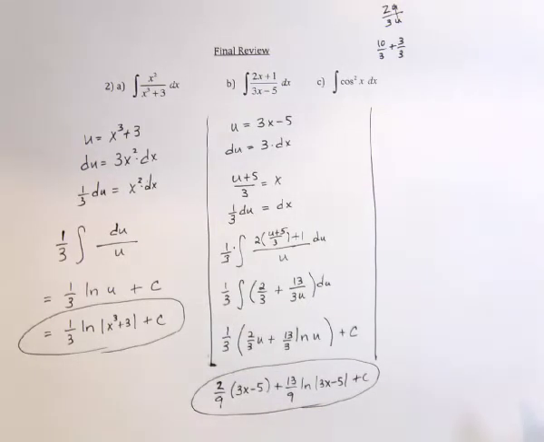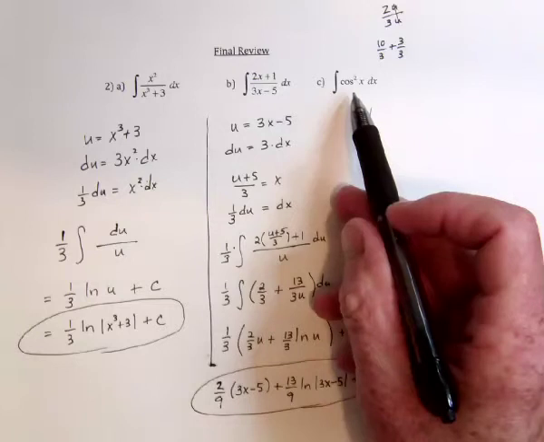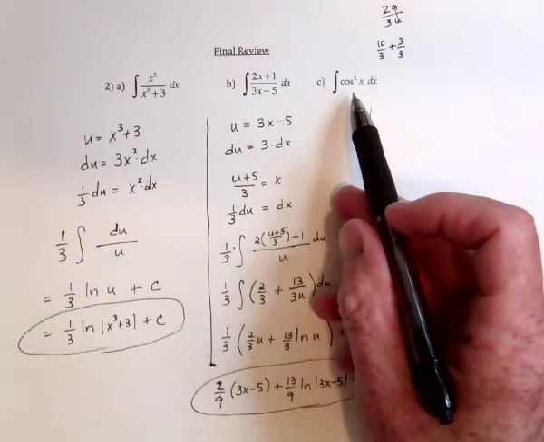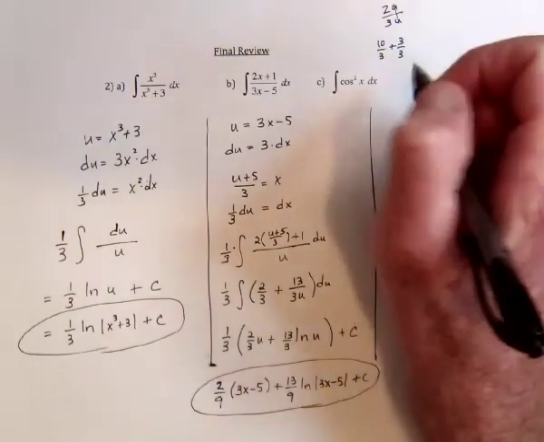And finally, on to integrating cosine squared. There's no direct trig function whose derivative is cosine squared, not like the derivative of tangent is secant squared, so we can't get away with something as easy as that. If you use a u substitution, u is going to equal the cosine, the derivative of that is negative sine, and we have no sine in this problem. But what we can do is